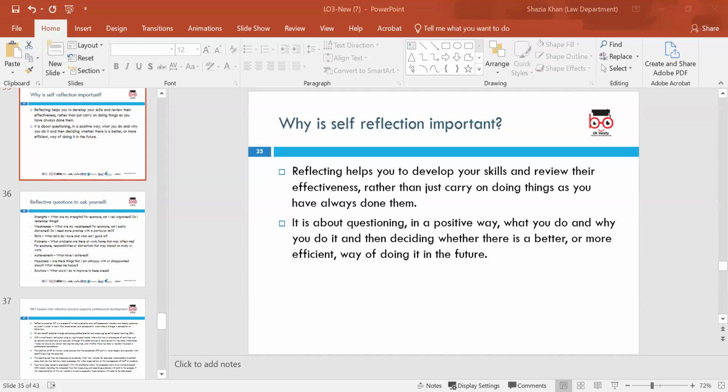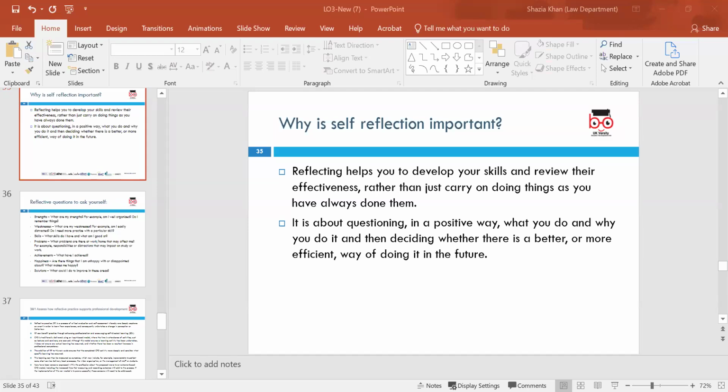So personal growth is really important. Reflection improves your personal goals. It makes you understand your strengths and weaknesses. Exactly. But sometimes people don't want to talk about their strengths and weaknesses. If you go to an interview, for example, they ask you, what's your weakness? And it's really, really hard, and I will be the first to say it. It's really hard sometimes to talk about your weakness because you want to impress that person.